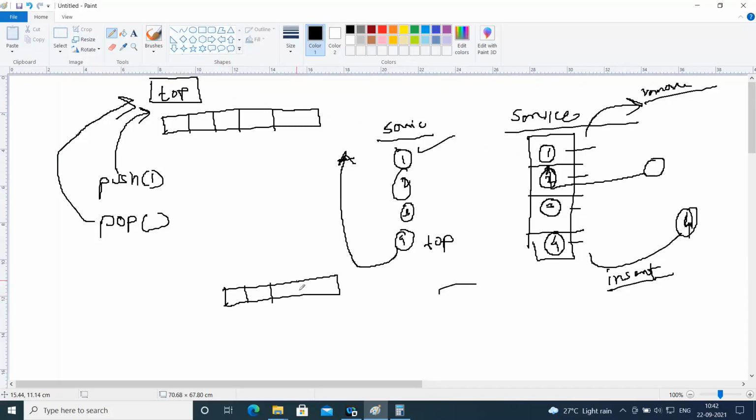Let's say there is nothing in the queue. So the queue size is maximum 5 elements. When there is nothing in the queue, my insert index I and my removal index R are both pointing to nothing. Both are null. They both are not pointing to anything.